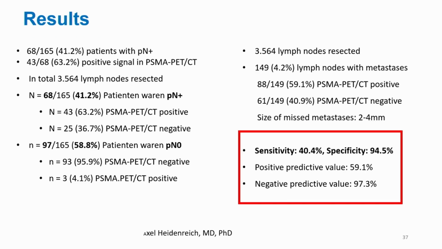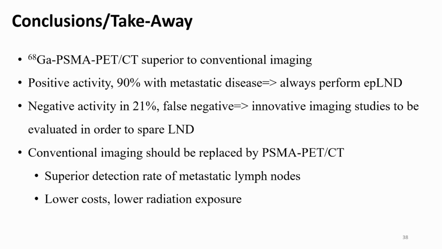Once again, the recurring theme, high specificity and okay sensitivity. So specificity was about 94.5% and sensitivity was 40.4%. So the conclusions or takeaway from this study was that gallium PSMA PET is superior to conventional imaging. With positive activity, about 90% will have metastatic disease, and so you always, in those cases, perform an extended lymph node dissection. However, with negative activity in 21%, there are false negatives, and so once again, you cannot exclude a lymph node dissection in these patients, but we also need innovative imaging studies to be evaluated in order to spare